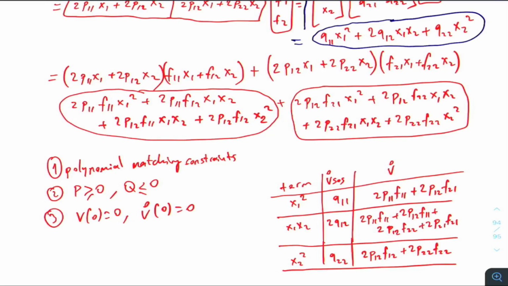All of the terms we have are of order 2: x1 squared, x1 x2, x2 squared. The coefficient here is q11, and